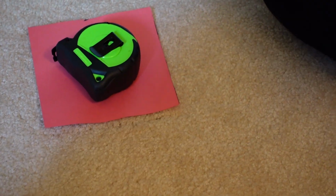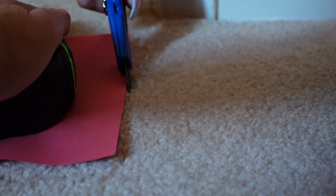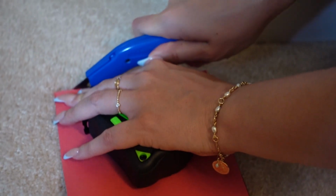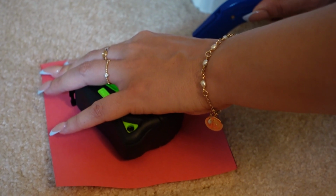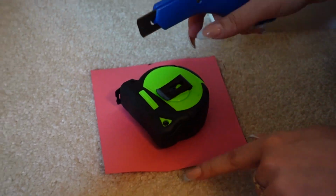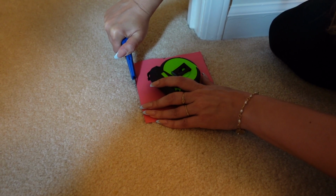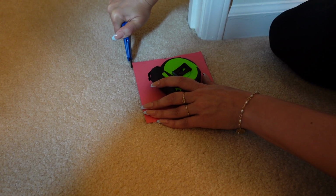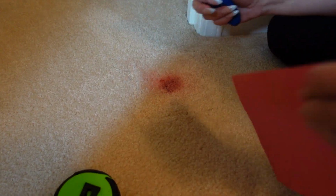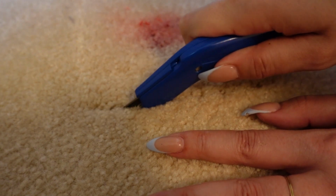Okay. People make this seem so easy. It's not that hard. No, but I can make anything difficult for myself, apparently. I think I know what I'm doing. Or do I? Do you think that you have to do it a couple times is really the question. We'll see. What I do notice is that I didn't cut it perfectly against the thing on that side. Well, that's fine, because what you do is you just take the square that you cut out from the carpet and then you use that to cut out the next piece. Well, now we could see the outline and just kind of... Whoa, crap. Okay, let me not...